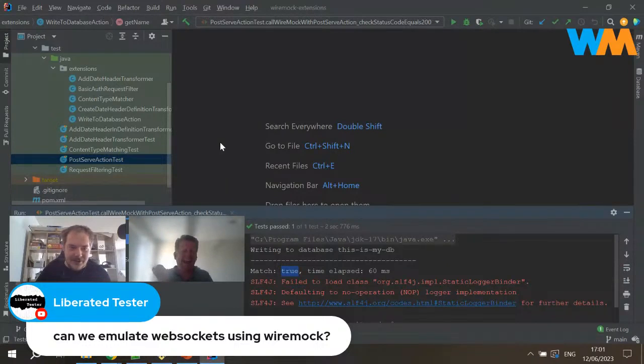Well, there are two answers. First of all, if you write a proper extension, of course you could, because how WireMock operates, it actually allows different receivers as a part of extensions. And there are a few good examples. For example, a gRPC extension written in Kotlin. Also, I'm currently doing one for cloud events. And if someone wants, of course, it's possible to do WebSockets.